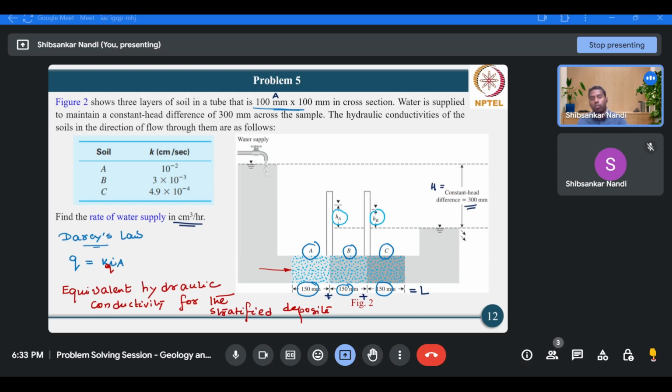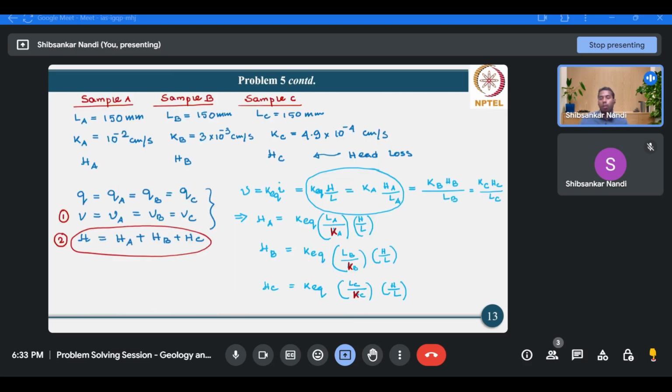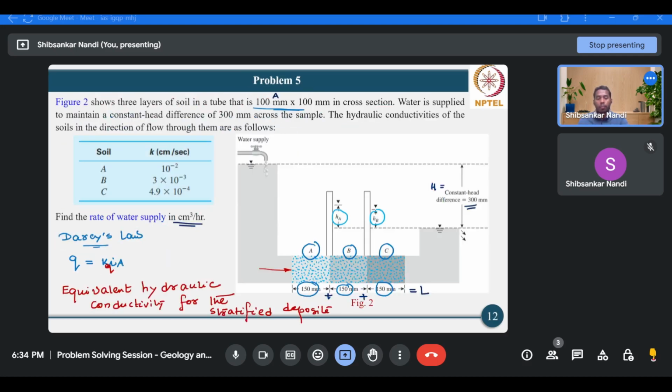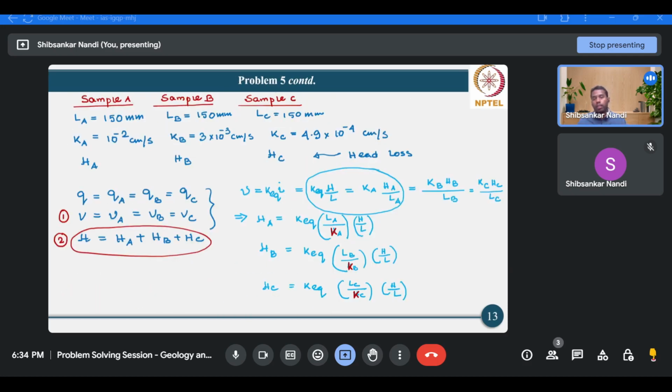Suppose HA is the head lost for sample A, HB is lost for sample B, and HC is lost for sample C. Then the summation of HA, HB, and HC will give you the value of total H, that is 300 mm. So based on these two conditions,